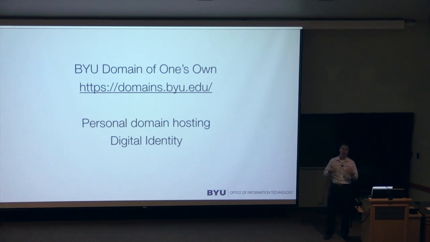I can put an authentication service on top of there that I can use as my digital identity, to authenticate or authorize people to get information through my resources that I've defined, my personal API. I can authorize people to get information about me, but that's owned by me. It's not owned by Facebook or Google or some other organization. I own my own domain. It's my digital identity space.